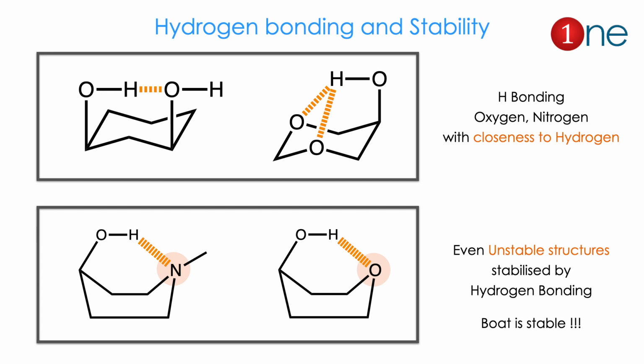We will see the hydrogen bonding possibility. If an oxygen or nitrogen group comes close to a hydrogen, we will have hydrogen bonding. The hydrogen bonding is very strong, so even the structure can bend to form it. Here you can see the dihydroxy can form hydrogen bonding. The ring oxygen can form hydrogen bonding. Similarly, both structures are stable because they create hydrogen bonding.